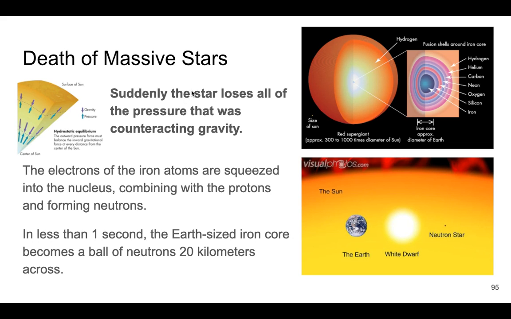all of the outer layers are going to come crashing down. Gravity's suddenly going to win. It had nuclear fusion holding it at bay. All of a sudden, the pressure from nuclear fusion disappears, and all the outer layers collapse onto the star. So the electrons of the iron atoms are squeezed into the nucleus. You remember basically how a nucleus works: protons and neutrons in the middle and electrons on the outside. Well, in this instant, those electrons are going to get squeezed down into the nucleus. So we're going to end up taking electrons, jamming them into protons, and so -1 plus +1 gives you 0. We formed neutrons. So this whole thing is going to take less than a second.